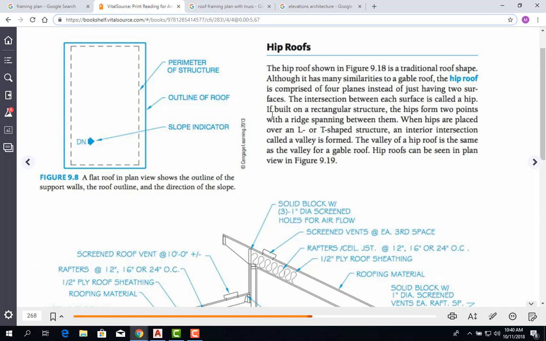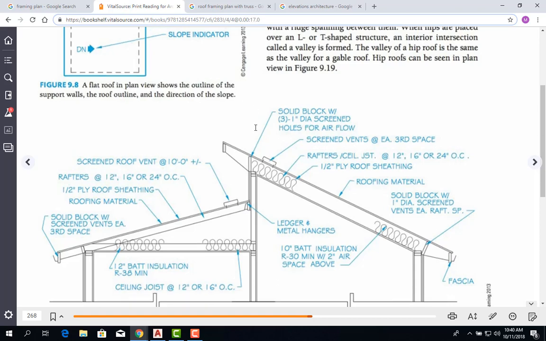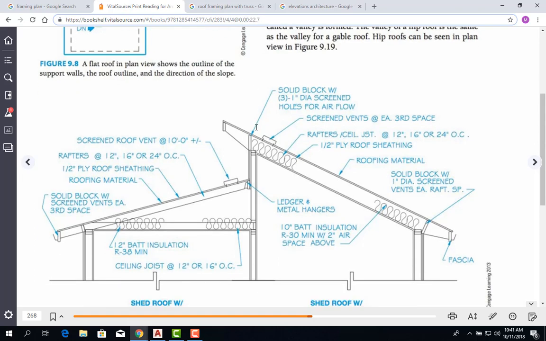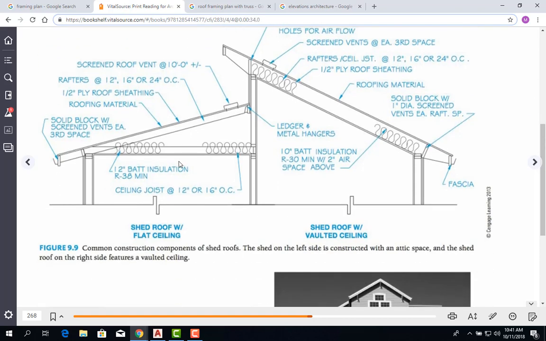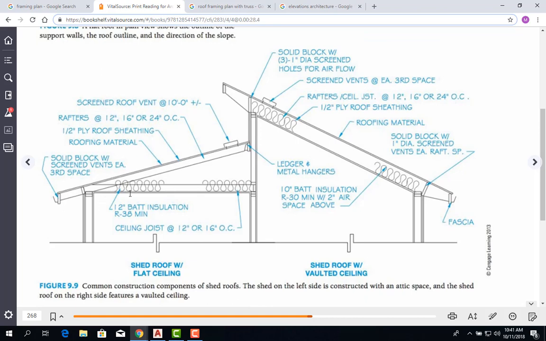Again, this is going to vary depending on the style that you want to build your structure, the view you want to give it. Just keep in mind that for every different type of roof, they have to frame it a little bit different. For example, this is a shed roof, and here it's like a partial, simplified